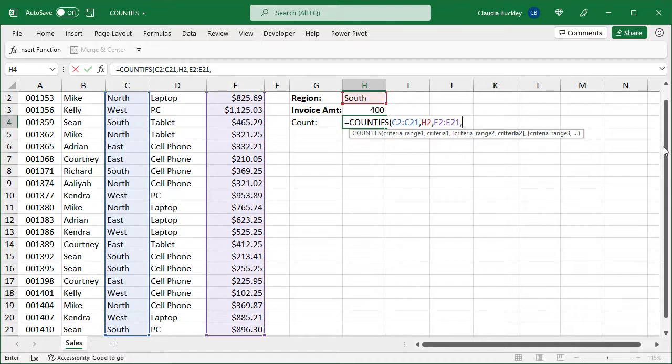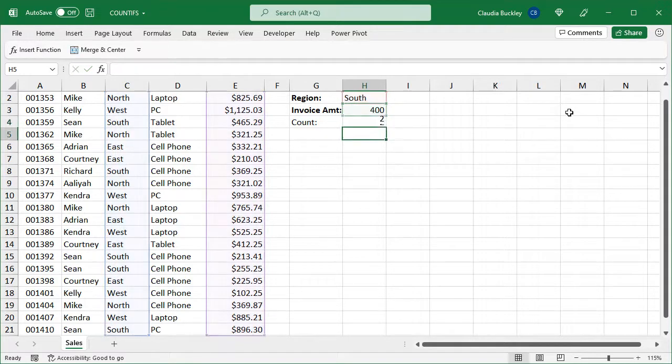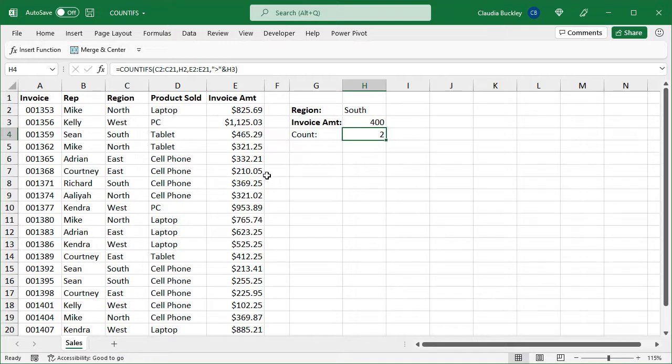And we want sales that are greater than the value that's in cell H3. For this, we need to include the logical operator within double quotes, but then use the ampersand to join that to the value that's in H3. Close parenthesis, and there were 2 sales by the South team that met that criteria. And that's this one